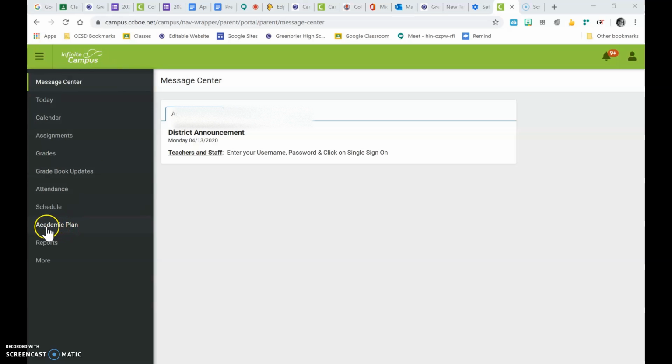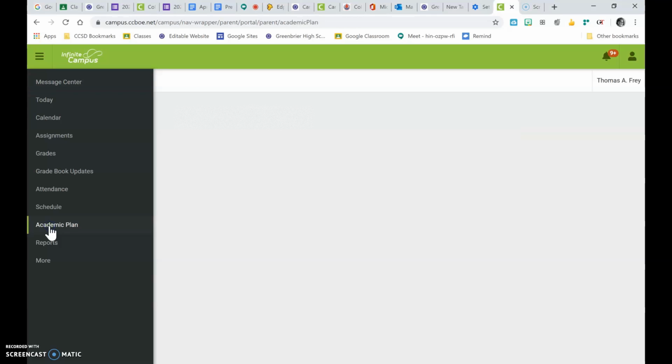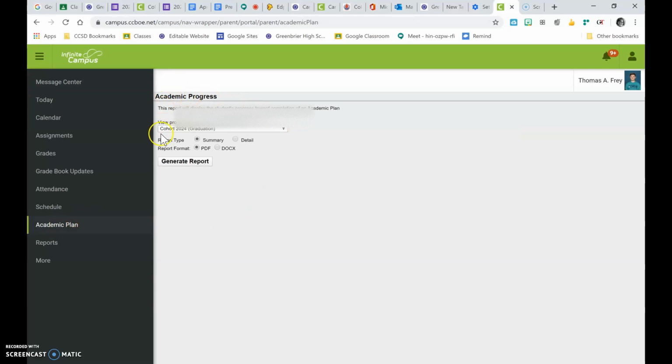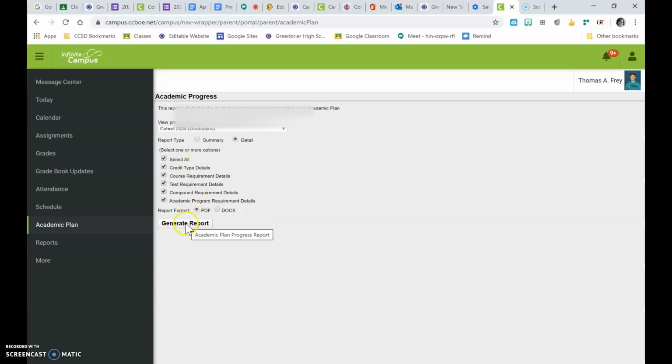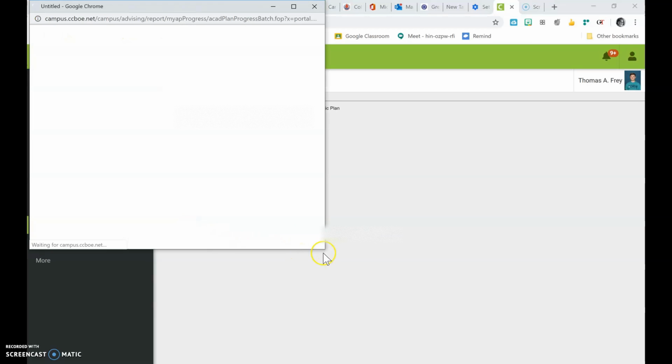The academic plan is here on the left. Click on that, and it sends you to a generate report screen. You want to choose the detail, and then I just choose select all. I don't know which one of them is the one you really want to look at, but I'm just going to select all, and I'm going to generate it as a PDF. So generate the report, open it up,